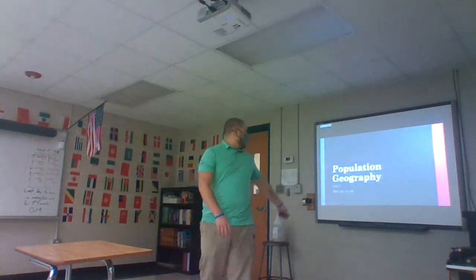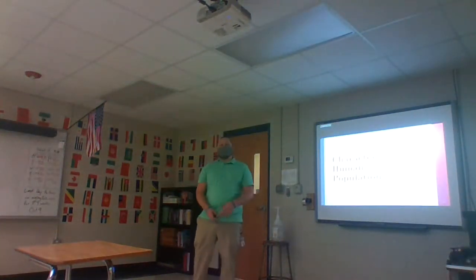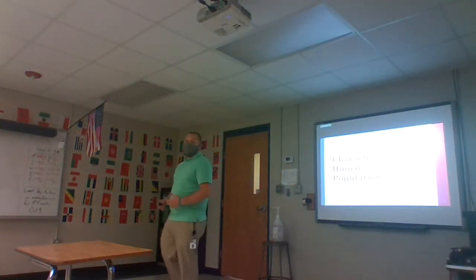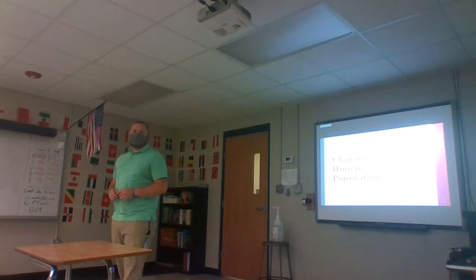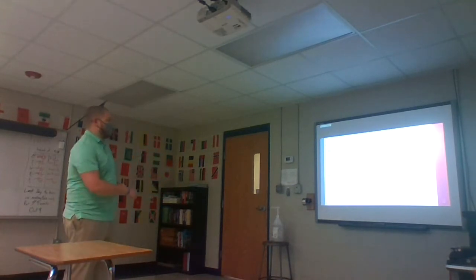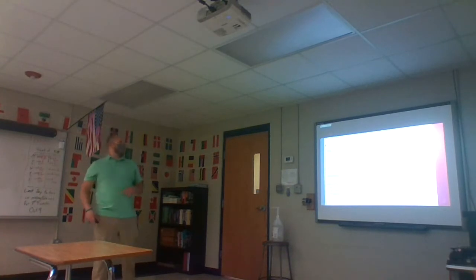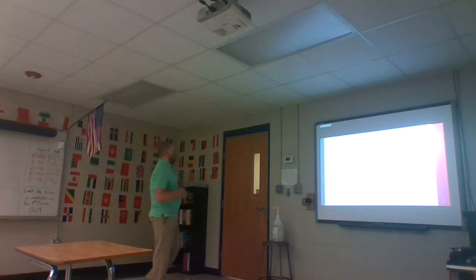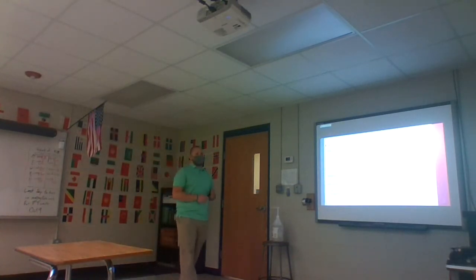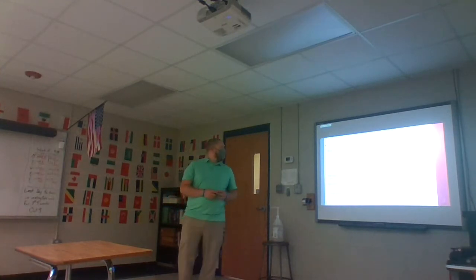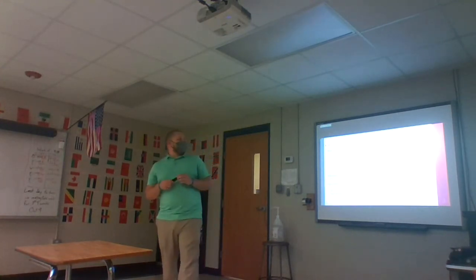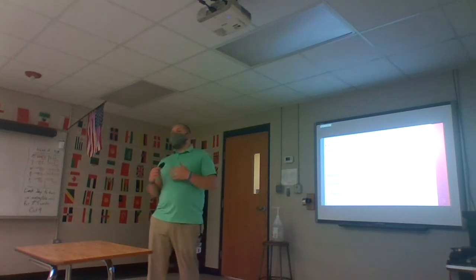So, population geography. We're starting with the characteristics of human populations. Okay? Characteristics of human populations. So, first one is birth and death rates. Okay? This can be because of war. And talking about the death rates, war, disease, migration, whatever. So this is referring to how many people are born and how many people die per